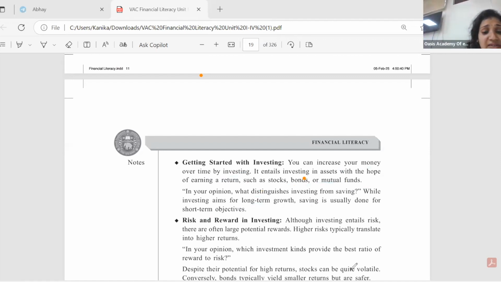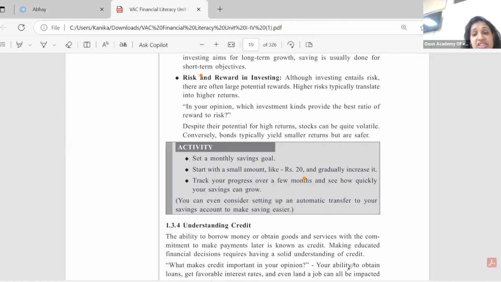Then you have risk and reward. Although investing involves risk, there is often large potential reward. Means what? See, when you start investing, there's always a risk whenever you invest. Lower the risk, lower the reward. Higher the risk, higher the reward. Because